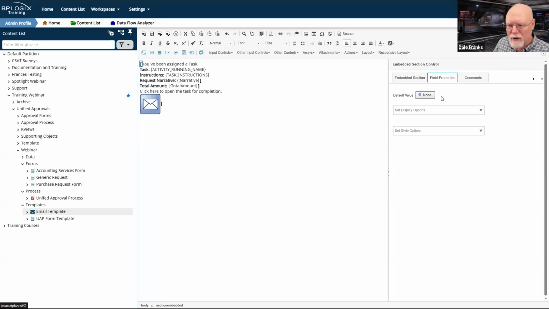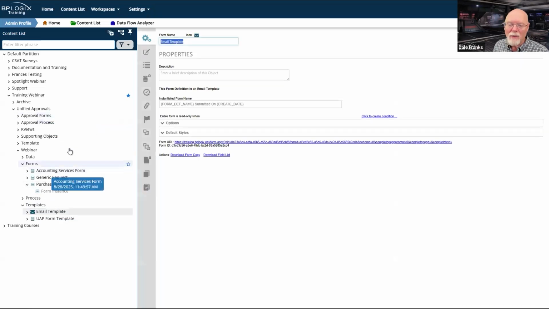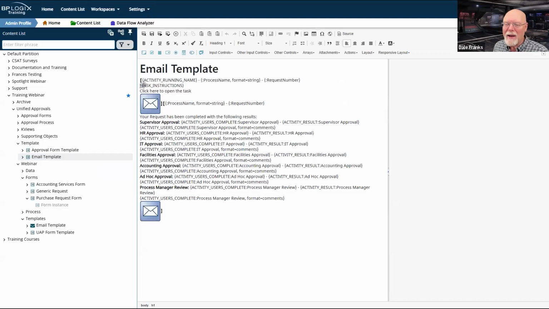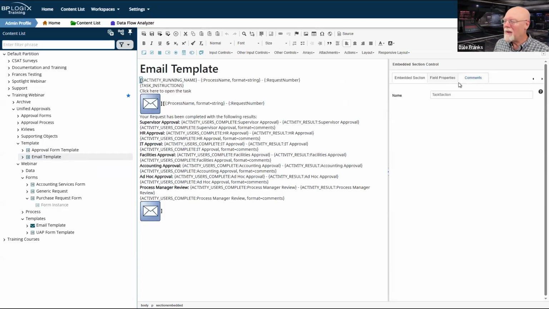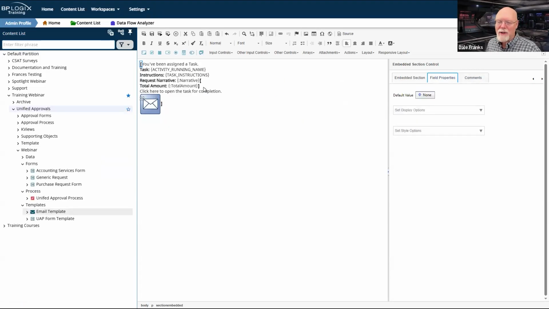So I can't have both messages showing at the same time. So in this case, this is my task notification. I have a couple of different methods for setting it up. I believe on the original form, actually, I don't believe on the original form. I don't remember what it was that I did on my original email template. So we'll go into templates and we'll grab this email template and I will look at what I did. So yes, I did it via the email type, which is probably the best way of doing it.